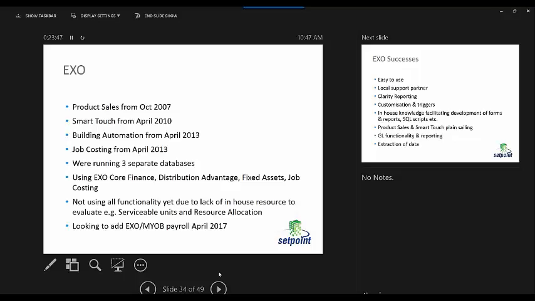Now I've got to fix it again, do it again, and then wait overnight. So I could be 4 or 5 days trying to get a balance sheet. So that was one of the things behind moving. We brought Smart Touch in in April 2010, and in April 2013 we moved our Setpoint building automation business in,